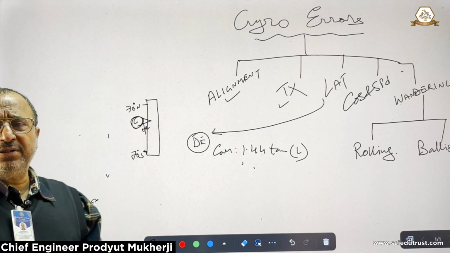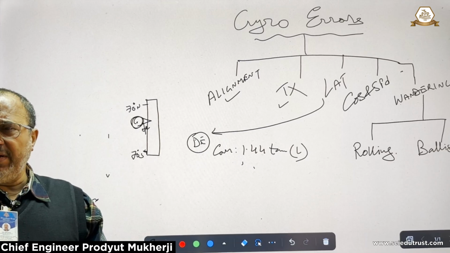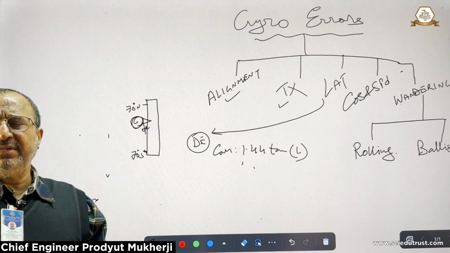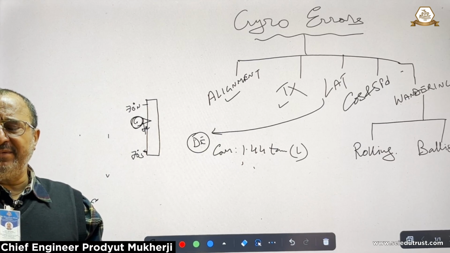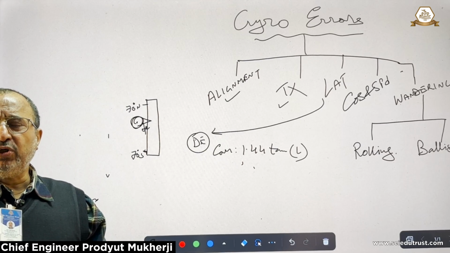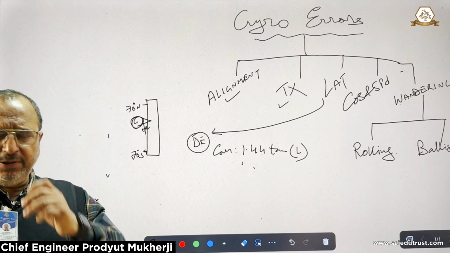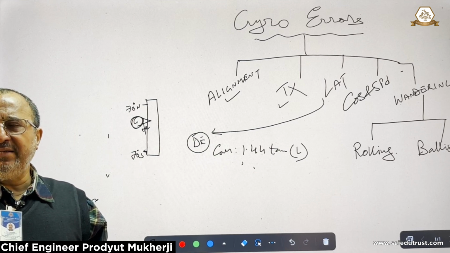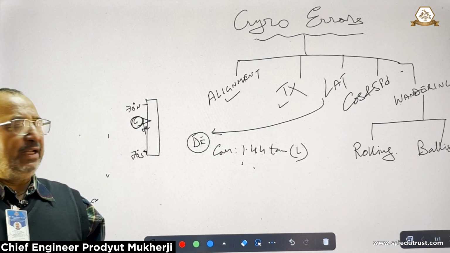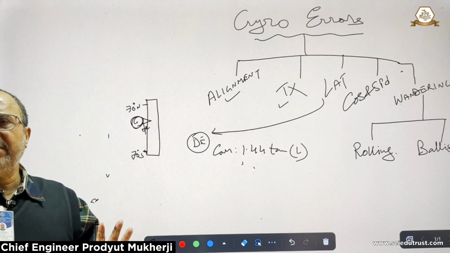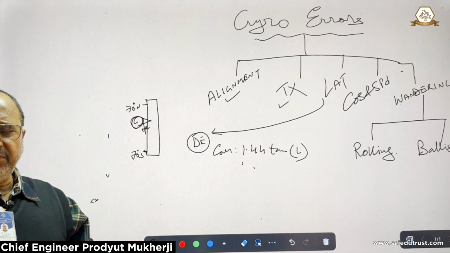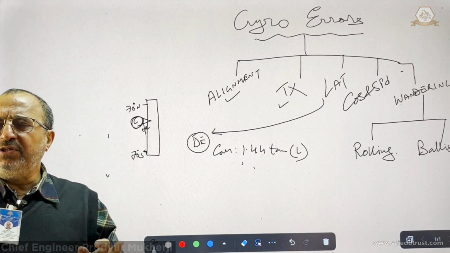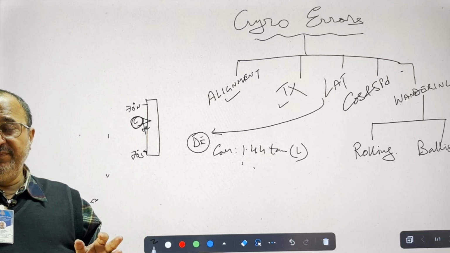This is latitude correction. Of course, modern ships have GPS. So what happens? It takes the input from the GPS, that is the latitude. Depending upon the value of the latitude, it creates the voltage as the feedback, and that presses the gyro ball again by an equivalent amount. That is what is to be done. So that means you have to ensure that every day, if it is a mechanical type, every day